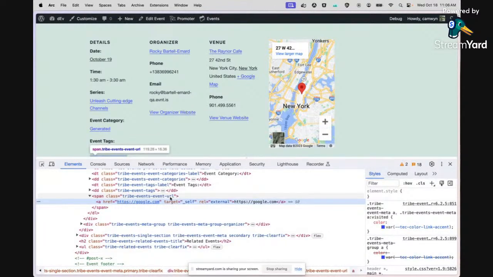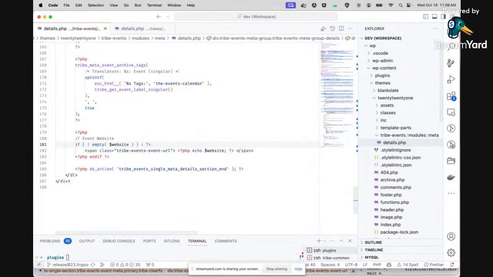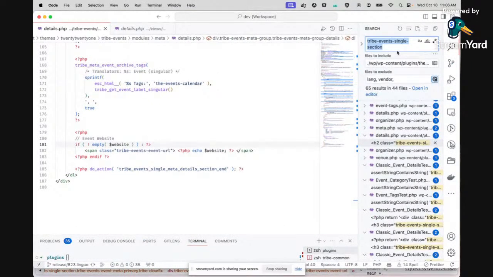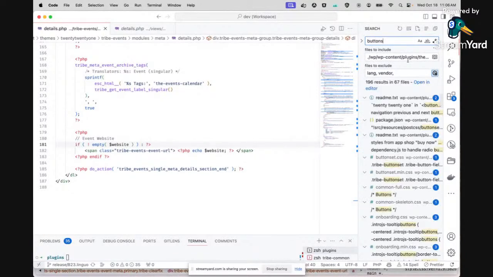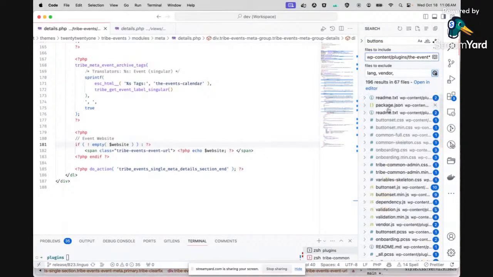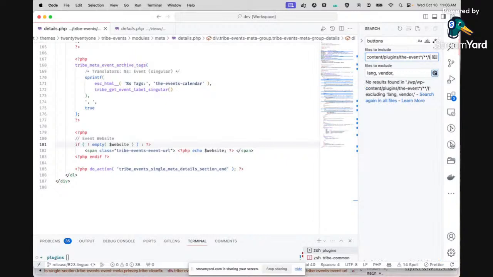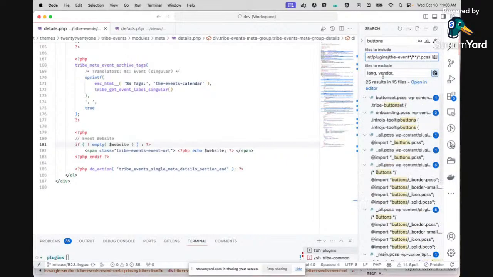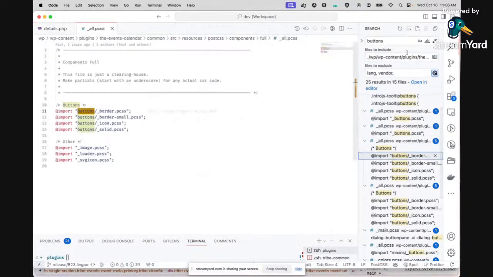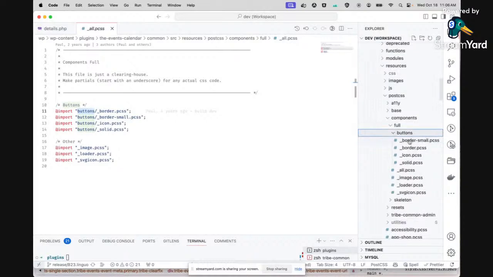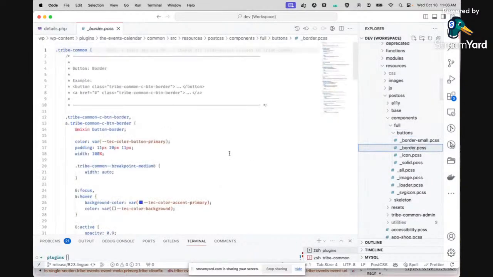If you hunt in our styles, we want to find buttons, right? So here's our buttons, import buttons border. So then if we're looking here, you see buttons, and we can say, oh, we want like a regular border button. So we should be able to add this class,